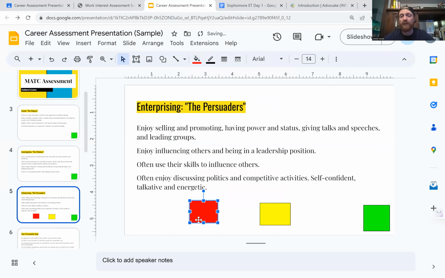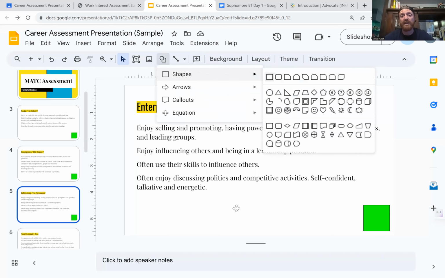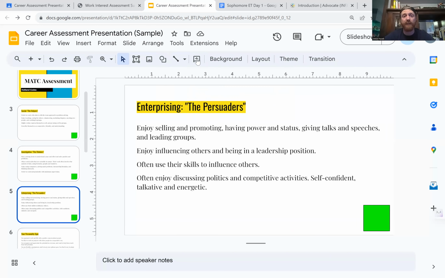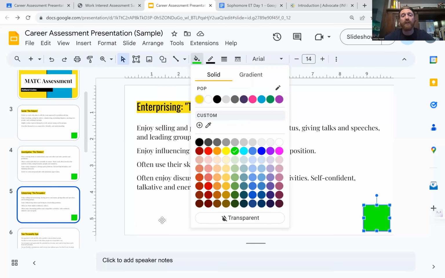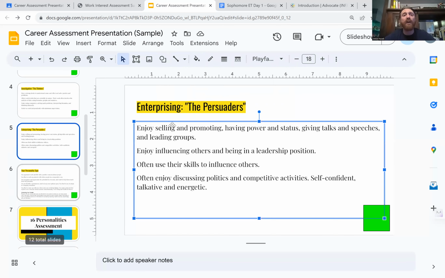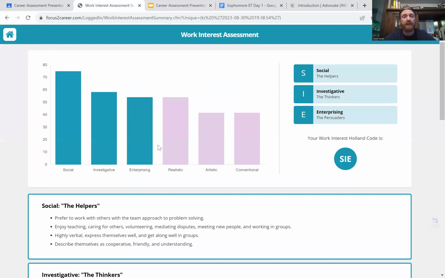You don't need all three, you just need one. So I'm going to get rid of these two because I thought enterprising was a good fit. On every slide where it's a test result, I want you to create that box. And again, you do that by clicking on shapes, creating the shape, and then changing the fill color with the paint bucket to either green, yellow, or red. So my letters are on there, and then my overall personality type, which you find from